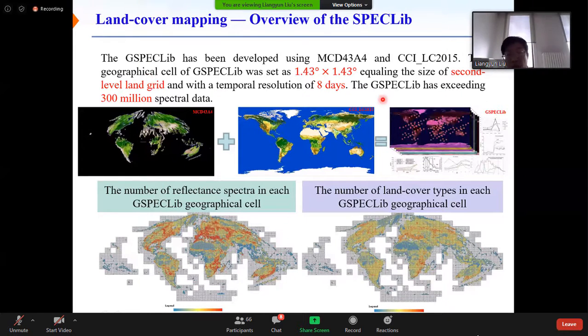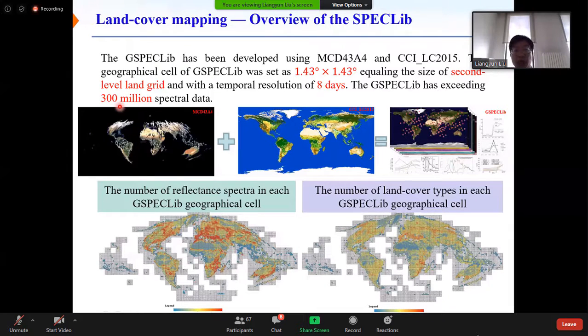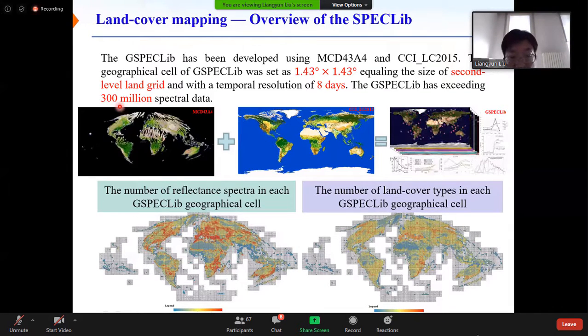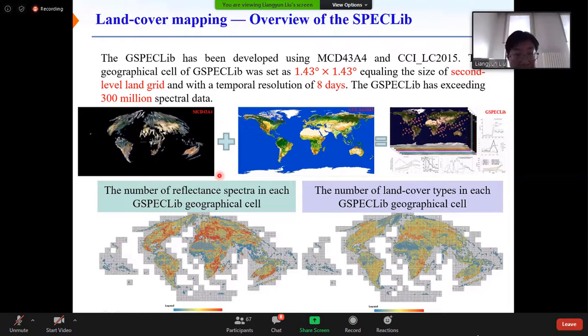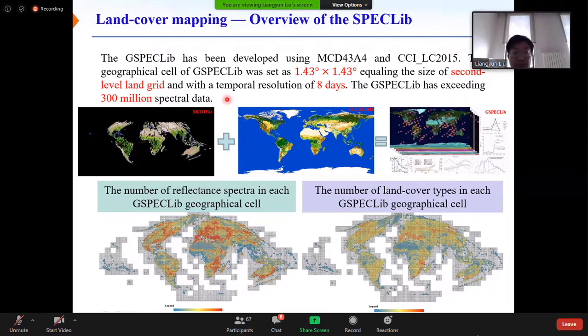We built a spectral library exceeding 300 million spectral data. This means that for every Landsat image,